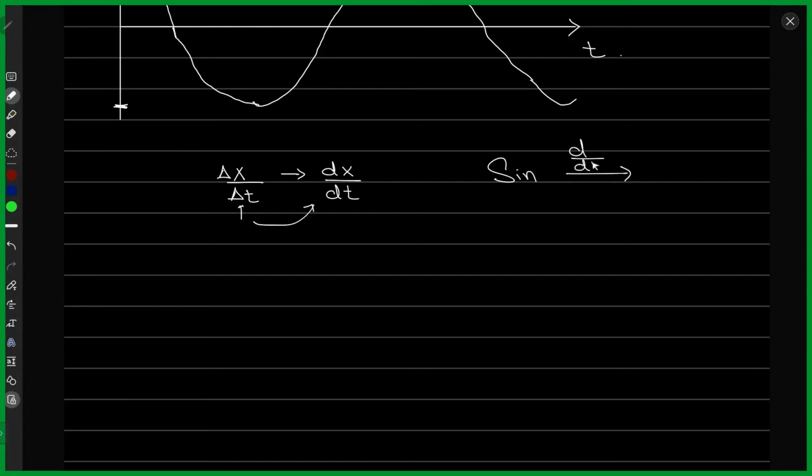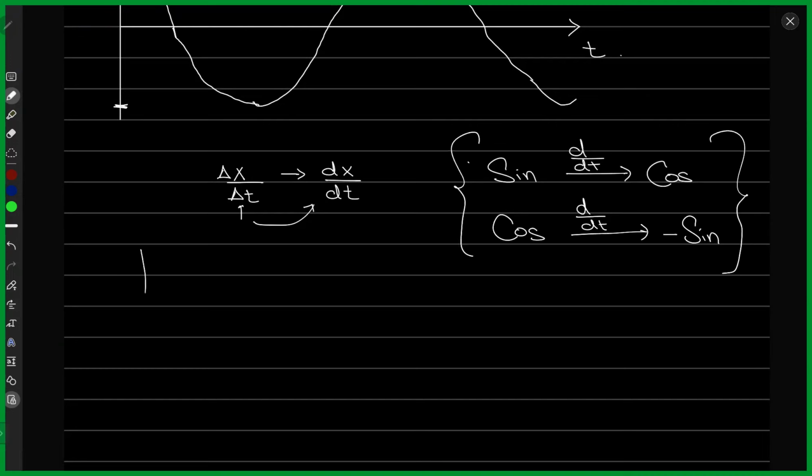If that's the case, then if I have a sine function, the derivative d by dx or d by dt of this thing is a cos function. And if I have a cos function, then the derivative of this thing is a minus sine function, right? So if you remember this thing,